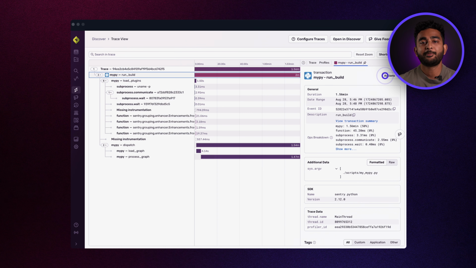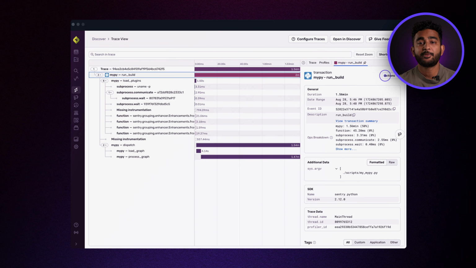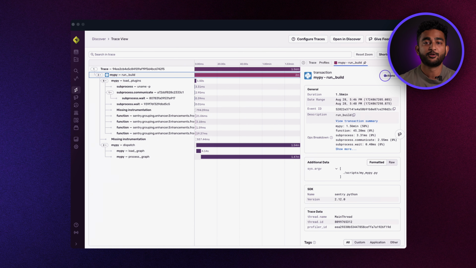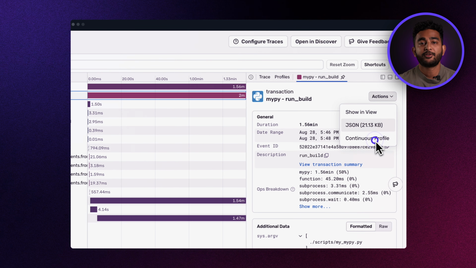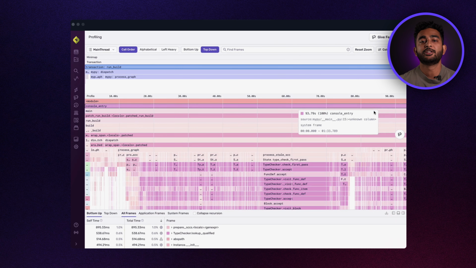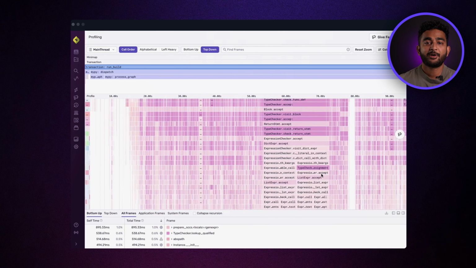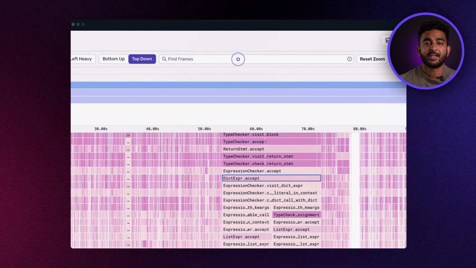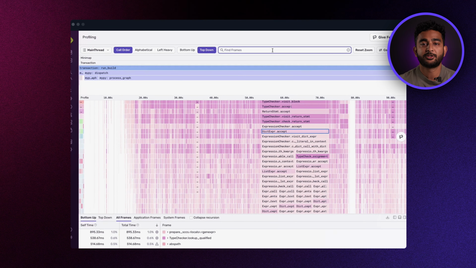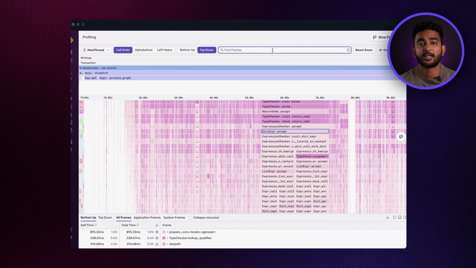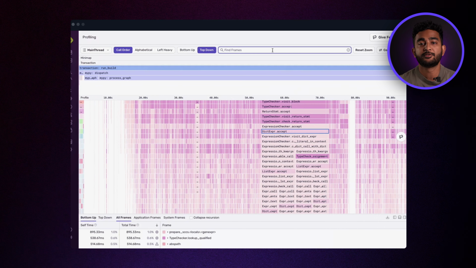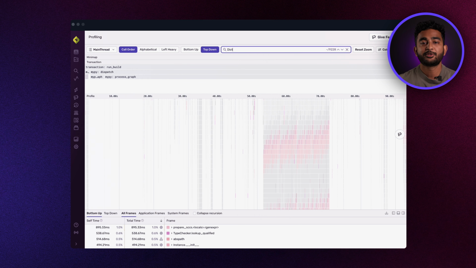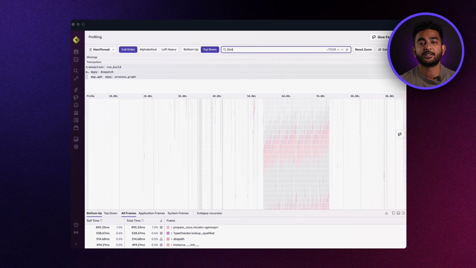Here, we're looking at a profile of the MyPy type checker on a Python code base. MyPy takes almost 2 minutes to finish running, so this is something that wouldn't have been possible previously with the 30-second profile duration limit. On each span, the profile button takes us to a flame chart that shows the code that was running during that span. We can see here that the MyPy type checker has been spending a lot of time trying to type check one particular expression. The call stacks indicate that the MyPy type checker might be struggling to parse a dictionary expression, which given the call stack pattern, looks like it could be either a very large expression or a recursive type expression. This reveals an optimization opportunity that was previously not visible to us, but it represents almost a fifth of the time we spent type checking this code base.